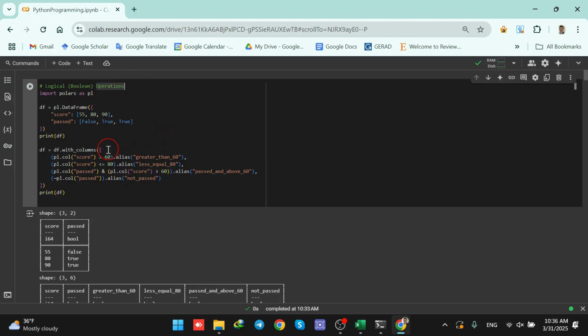In order to create a data frame, we call the DataFrame function from the Pandas library and we name it df. There we are having 2 columns, score and pass. For the score, we are having 55, 80, and 90. For the pass column, we are having false, true, true. So when I print the df here,